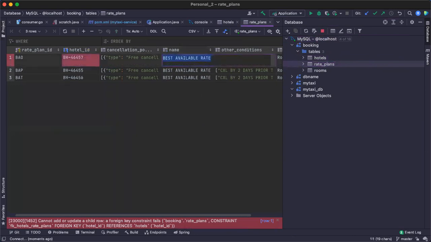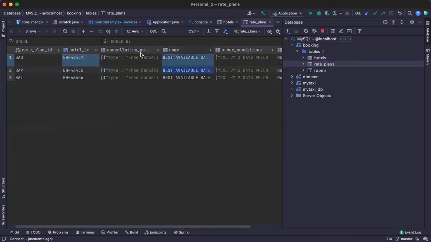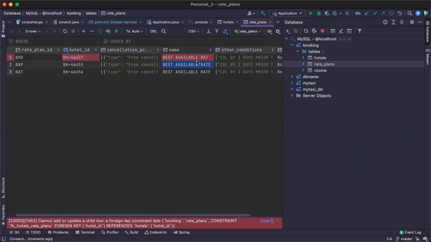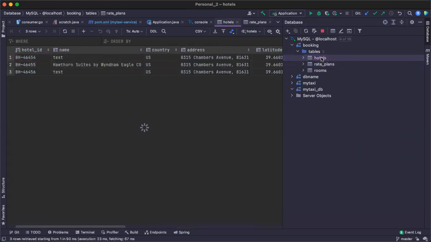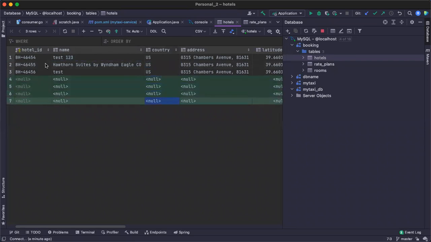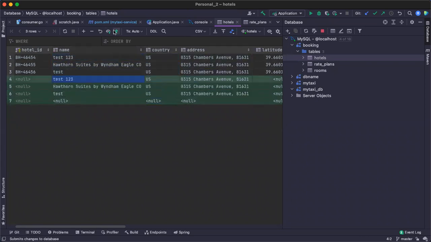I'll change this one, which is present in the foreign key indexing. Let me open the foreign key index. I'll open something like this. Test 1, 2, 3. I can simply commit like this, and it will get committed. If I want to add a few more lines, I can simply add them and commit. So this is the advantage of using this.